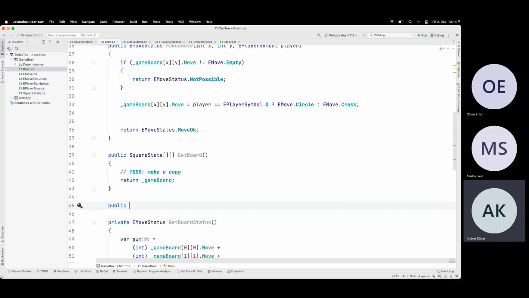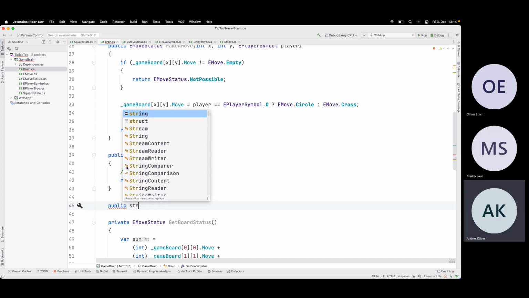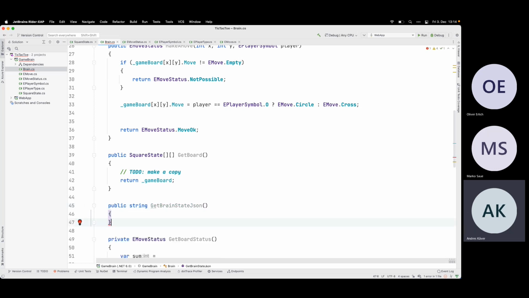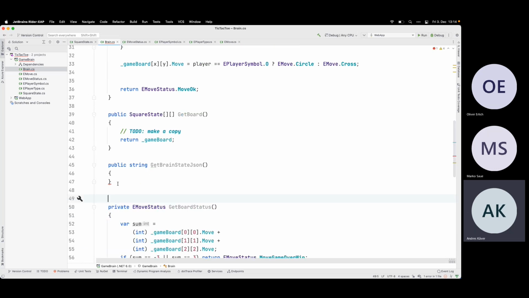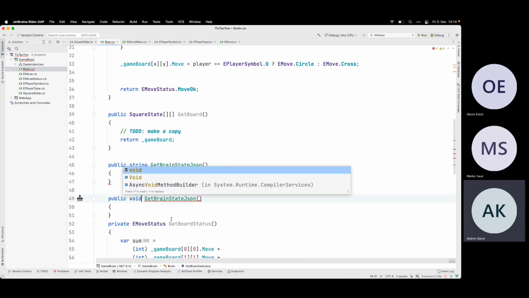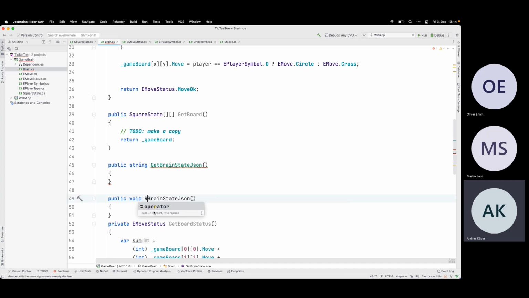And what else do I need? I need a public string get brain state JSON maybe. And public void restore brain state.